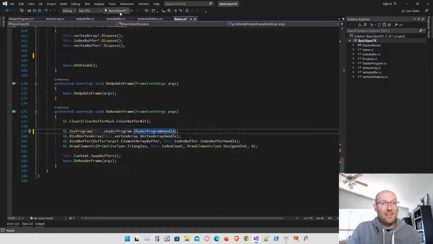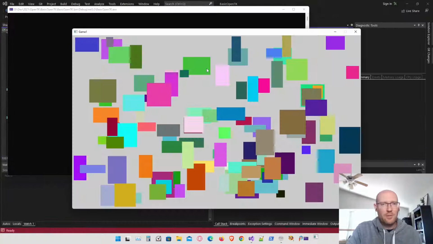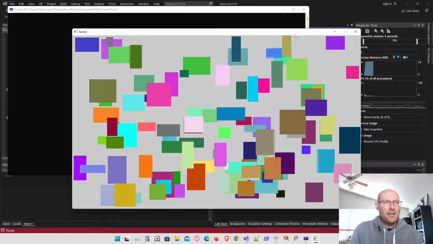Okay, and I think we're pretty much back to where we were before. Yeah, okay, so nothing's changed there. Now we're going to go back to the shader program and we're going to modify the code a little bit